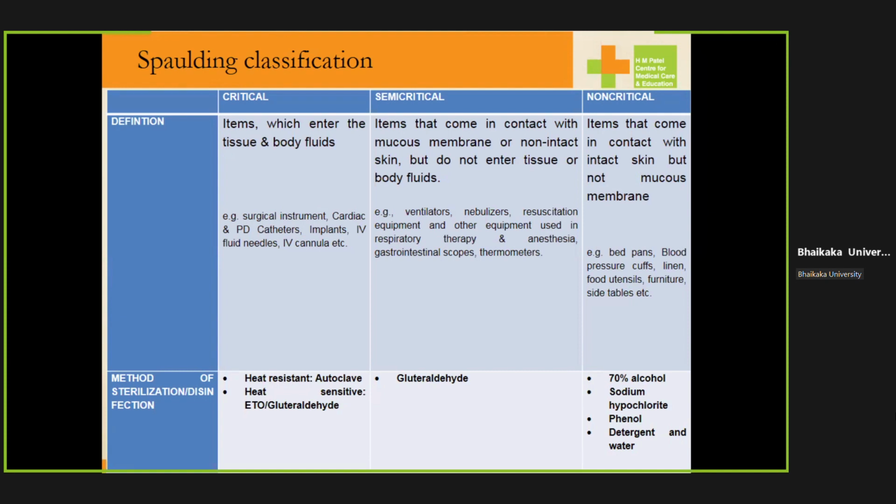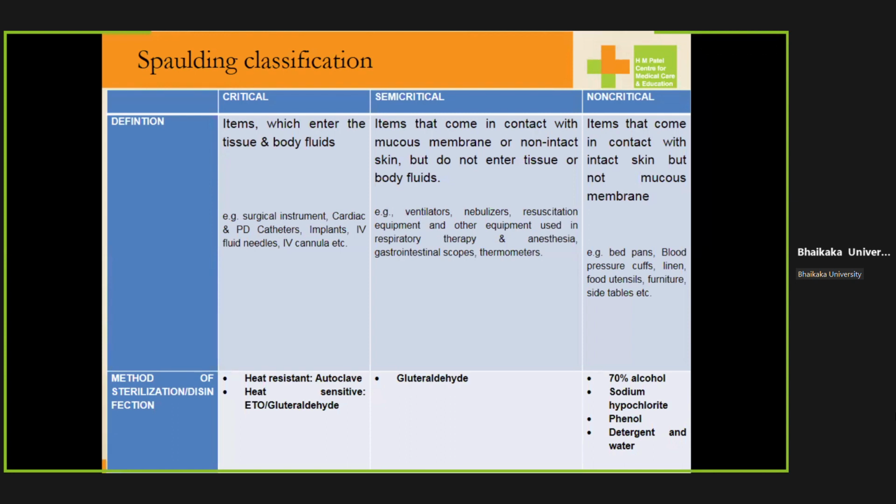Semi-critical items need not be sterilized because the place at which they are entering is already contaminated. So if I am entering something into my gastrointestinal tract, my gastrointestinal tract is studded with microorganisms. So it is not entering into a sterile site, it is entering into a contaminated site. Therefore, you need not sterilize these items, but what you need is, because it is coming in contact at a site where the microbial load is very high, the number of microorganisms are very high, it is important that we